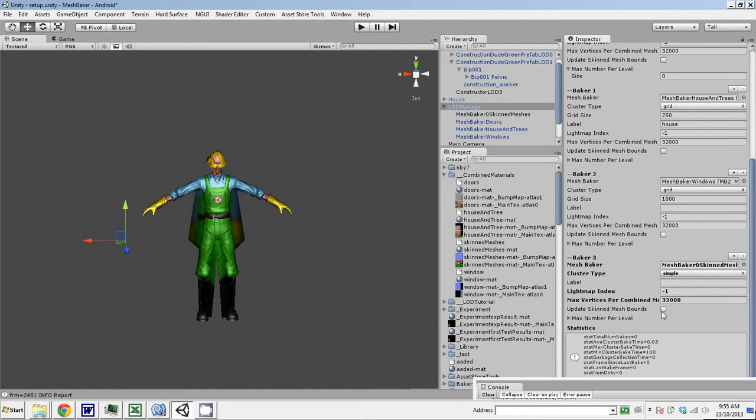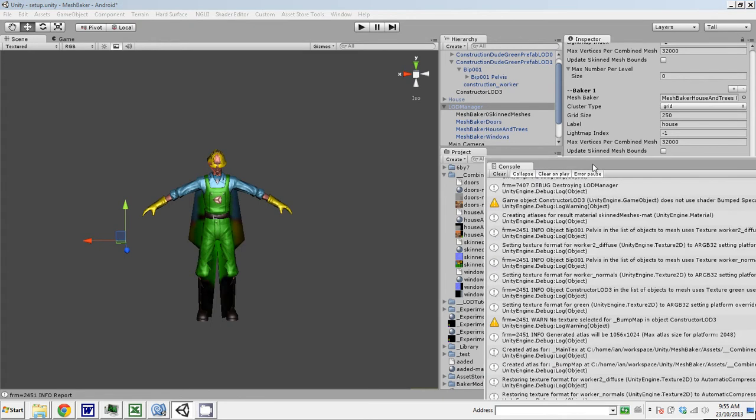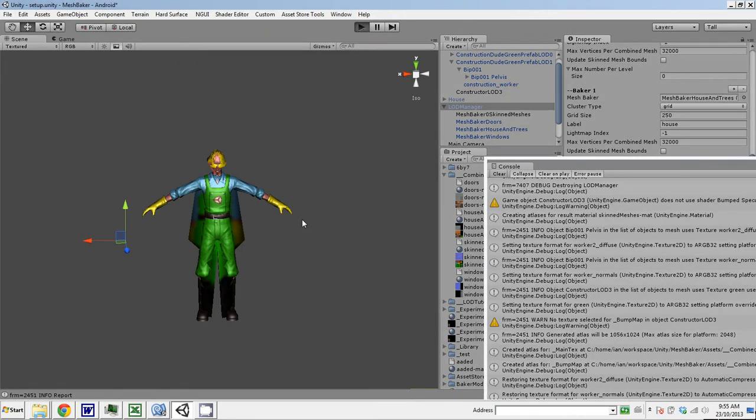Update skin mesh. We want to click this update skinned mesh bounds box, so that it'll keep updating the bounds on the combined mesh. And max numbers per level, we'll get to that in a minute. Let's just see if this guy works. So if I push play,